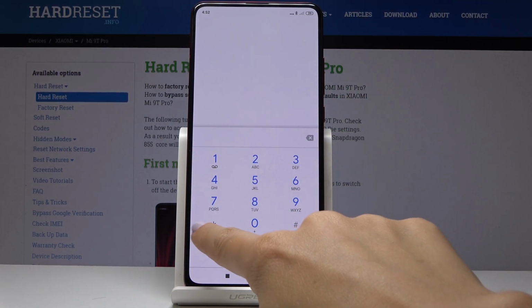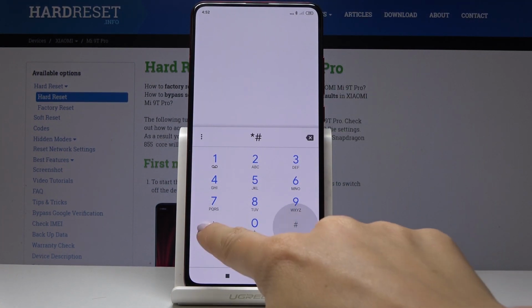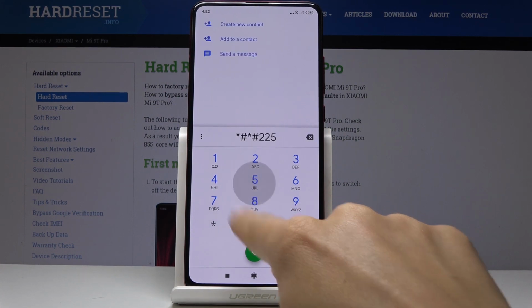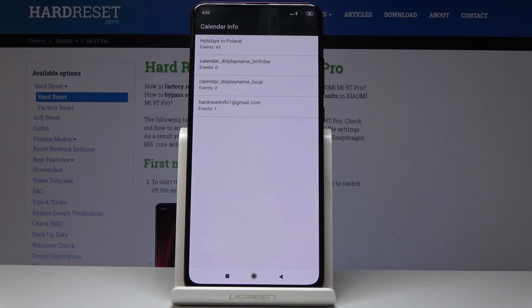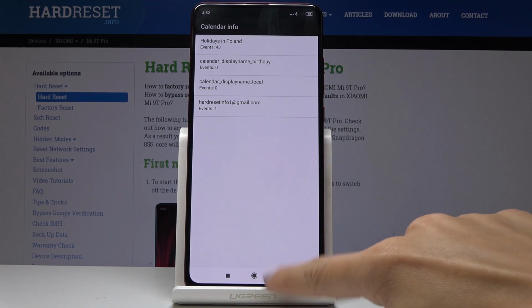Now we will enter another code, which is *#*#225#*#*. And now here you'll be able to locate all the events from your calendar, from your Google Calendar, all the celebrations, important dates. So from now on you will not forget about any important event that was saved in your